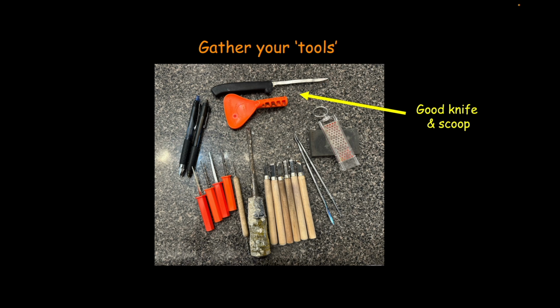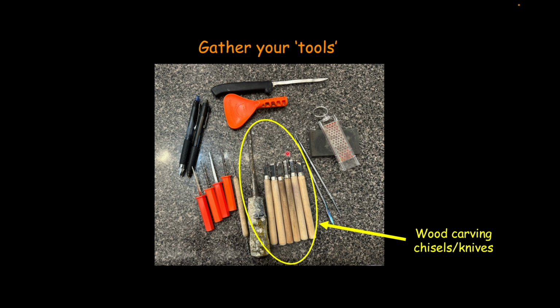And some kind of scoop. People can use spoons, things like that. These scoops that come in the Pumpkin Master kits that you can get in the stores already in September, these are really handy, and you can really gut a pumpkin fast. So it takes me about literally less than 2 minutes to gut a pumpkin. So when we have carving parties, I usually gut people's pumpkins because I'm pretty quick at it.